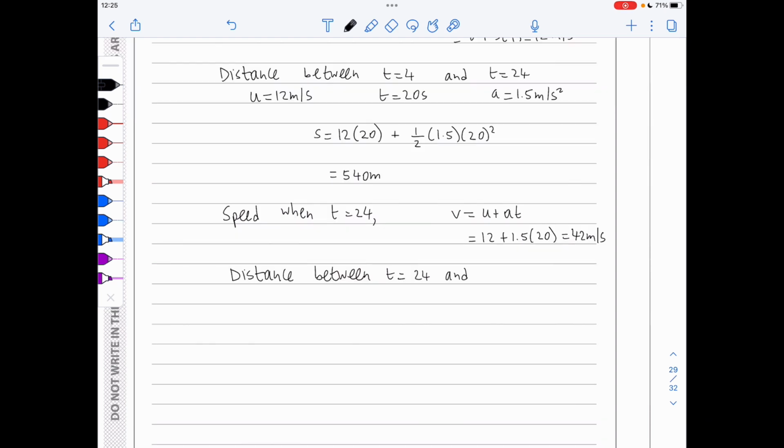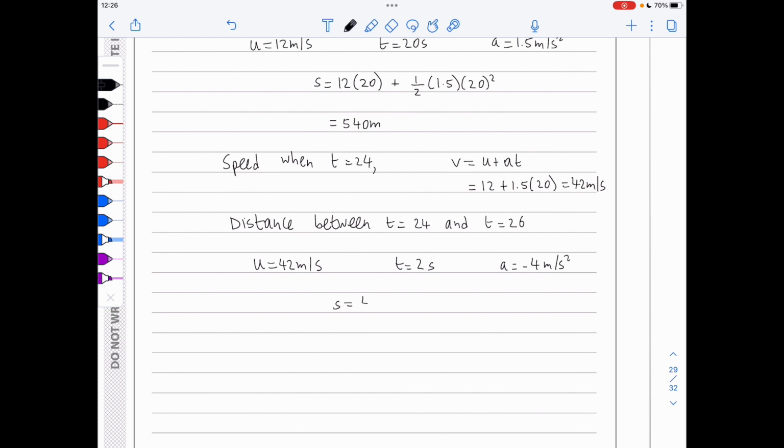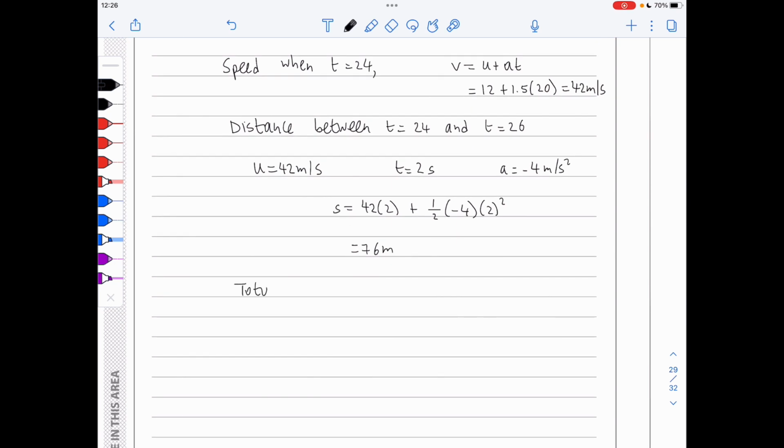So the distance between t is 24 and t is 26 can be found by considering that the initial velocity was 42 meters per second, the time was simply 2 seconds, and the acceleration was negative 4 meters per square second. Again, s is ut plus a half at squared. This gives an answer of 76 meters, and therefore the total distance covered over these 26 seconds will simply be the sum of the 3 distances. It's the 24 meters we found in part A, and the 540 and the 76,